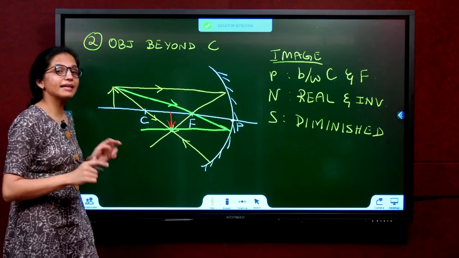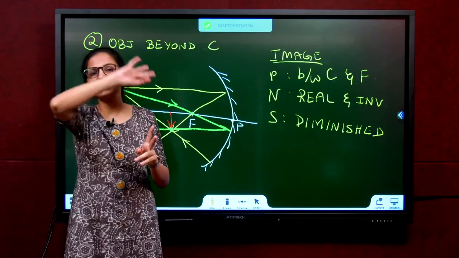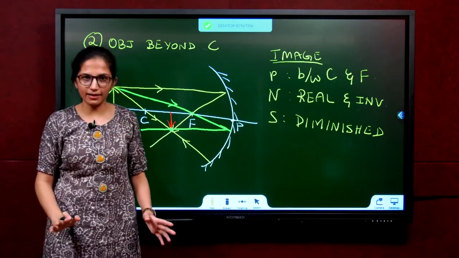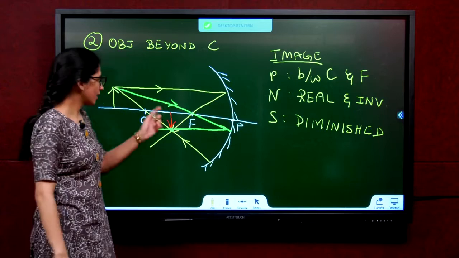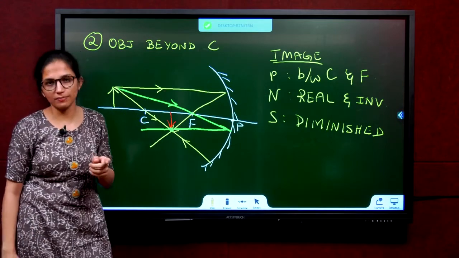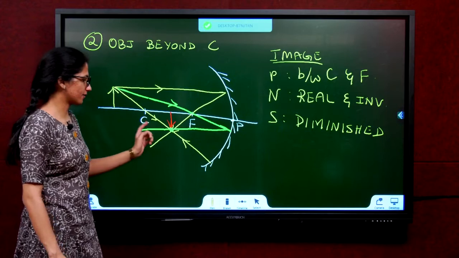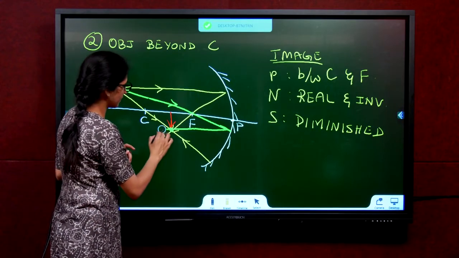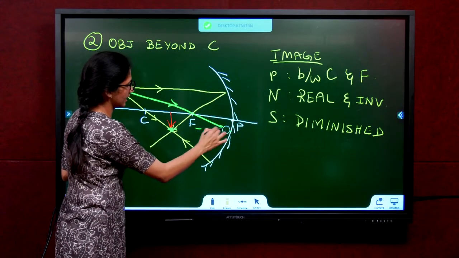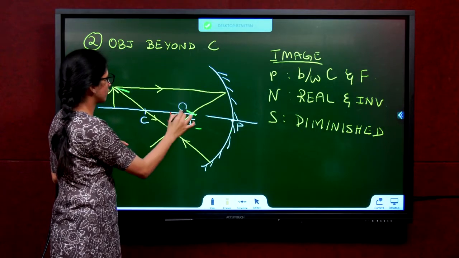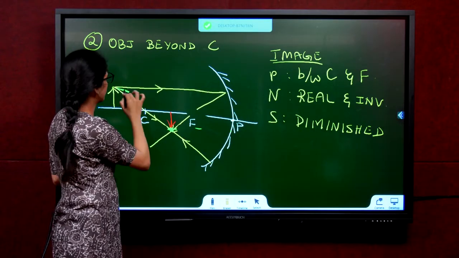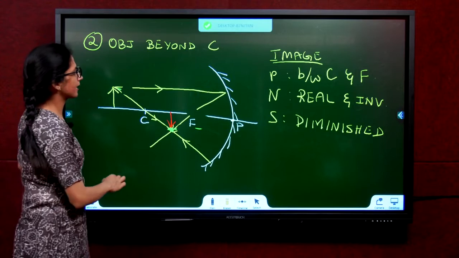That is why I said take any 2 rays. All the other rays will automatically meet there. So you have to show proof only for 2 rays. You can consider any 2 rays from these cases. You will get the same answer. You don't need to draw this green part. I have drawn it just to make you understand that this is also allowed. No problem. Fine. So I hope this case is clear.